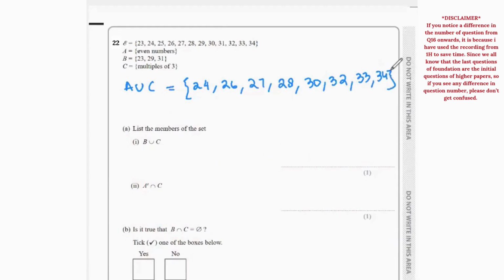That's A union C. So they're saying it's intersecting with D, and that is a null set. So then D would have been